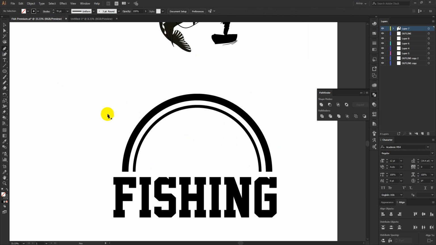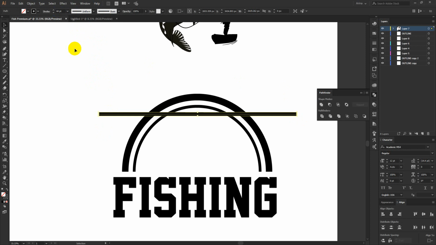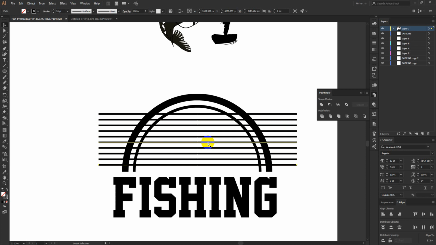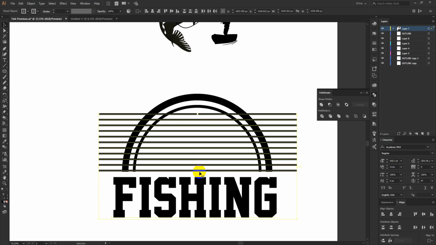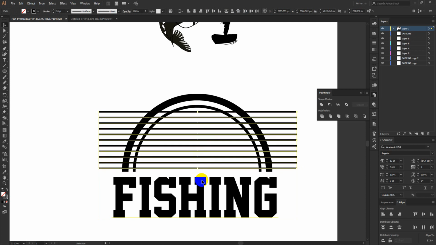I'm just drawing some straight lines, but not that big. Maybe a bit bigger. Yeah, that is good for me. Just something like this. I want to make some water effect here, so that's why I am taking that, making them something like this.